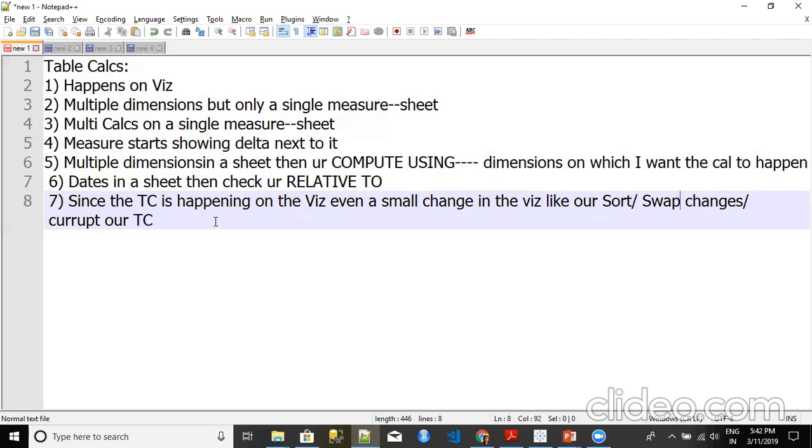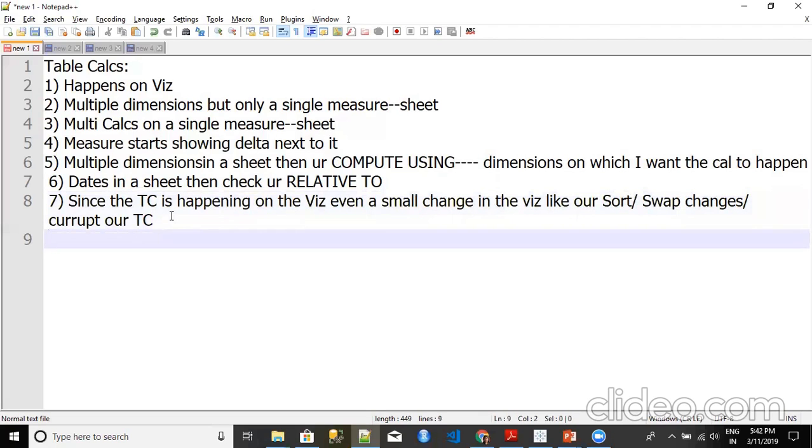Okay, then the 8th point, which is very important for us, is the concept of table, pane, and set. This plays a very important role in table calculation. Okay, so I'm going to explain this concept in detail. Let me just create a visualization so that I can do